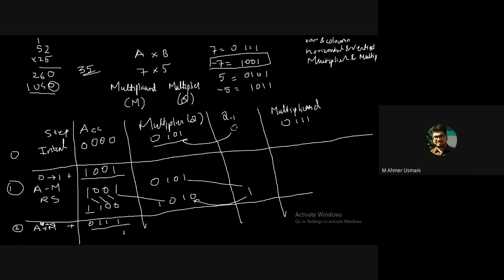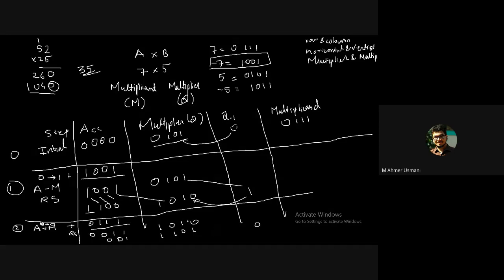Which is equal to 1, 1, 0, carry 1, and 0, the carry is left. It does not come down. So 0, double 0, double 1. We get 1, 0, 1, 0. We perform the right shift operation. After the right shift we get 0, 0, 1, 1, 1, 0, 1, 0.